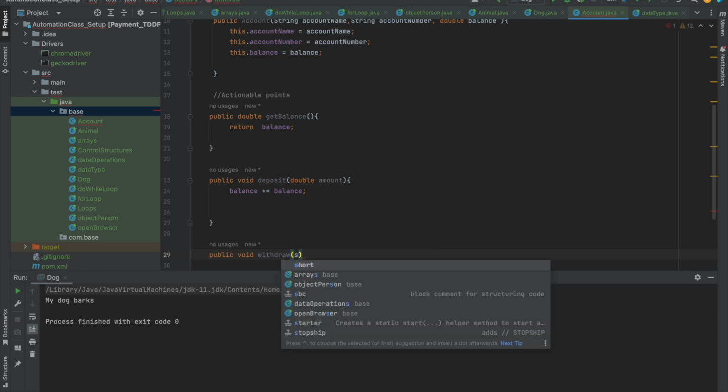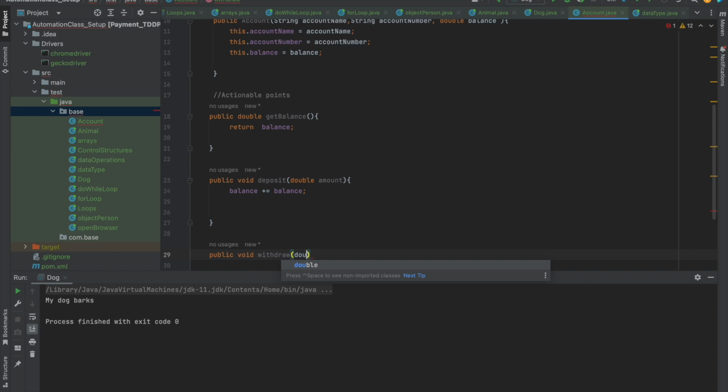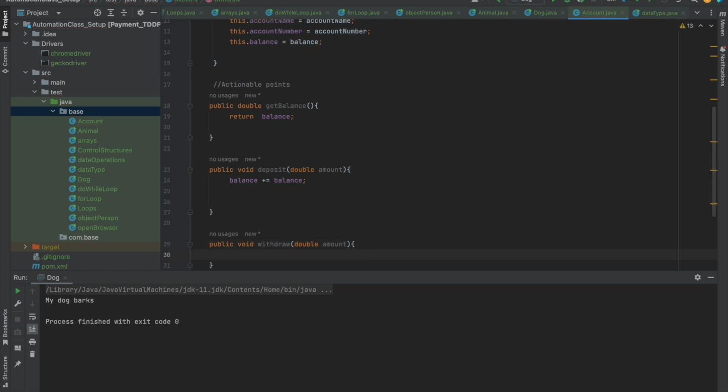What am I withdrawing? Okay, public void withdraw. So if the amount in my account, all right, if the amount in my account is